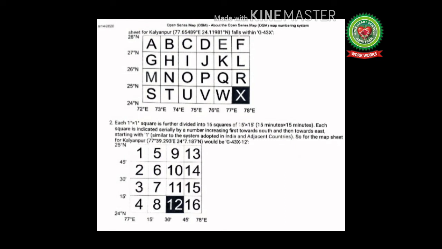Each square is indicated serially by a number, increasing first towards south and then towards east, starting with 1. Similar to the system adopted in India and adjacent countries. So the map sheet for Kalyanpur would be